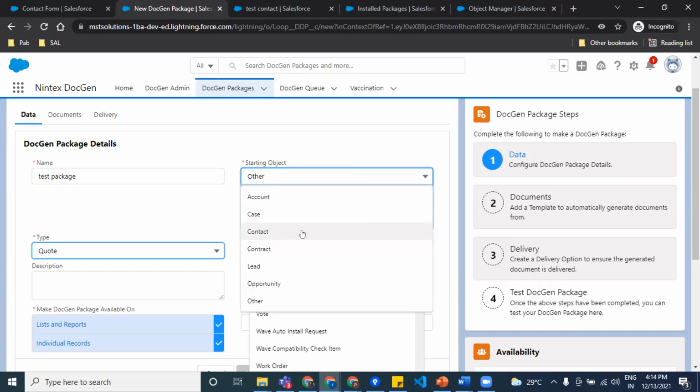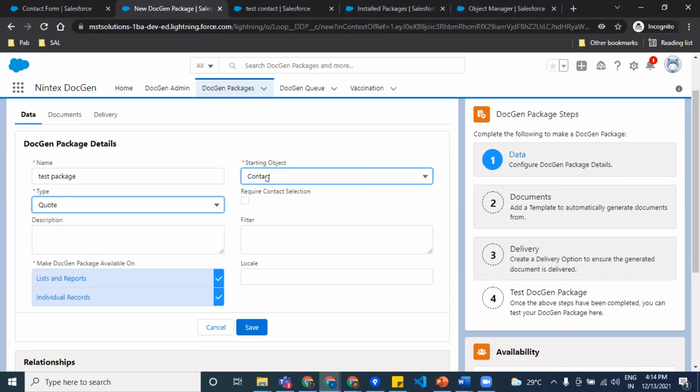Let's keep that in mind. You can branch to multiple objects, including a child or a parent, but the starting or the very base object can only be one object, a single object alone. The starting object cannot be a set of different objects. That is not possible. Only one can be a starting object, which can be branched to multiple children or multiple parents based on the requirement we have.